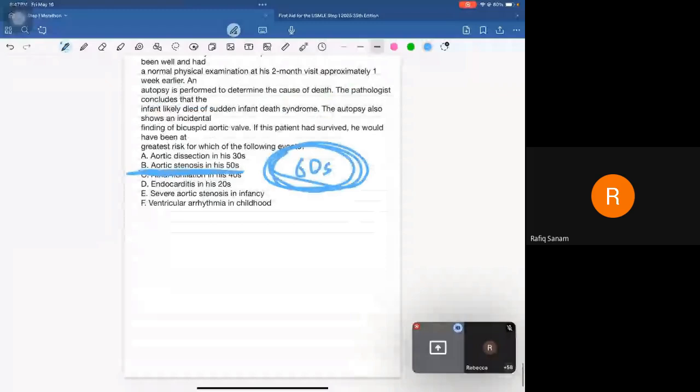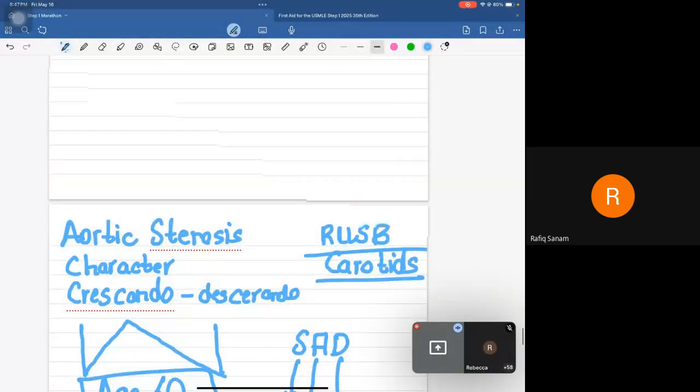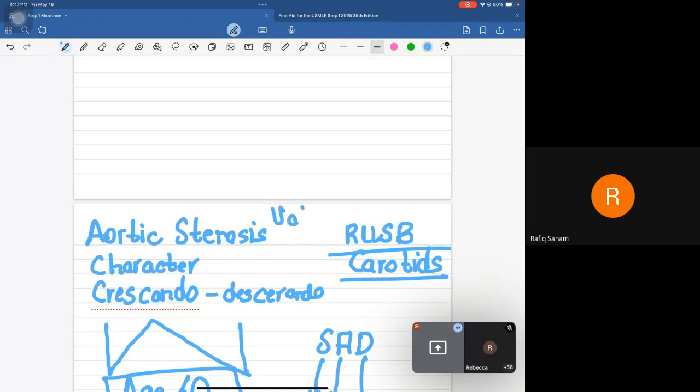And the other way they want to test is the pathophysiology. Why does aortic stenosis occur? Aortic stenosis occurs due to valve calcification. So there is valve calcification and that leads to aortic stenosis. What would be the murmur? The murmur would be a crescendo-decrescendo murmur,